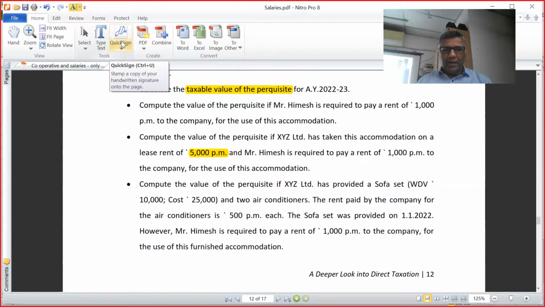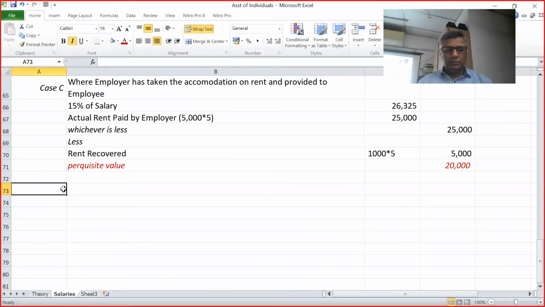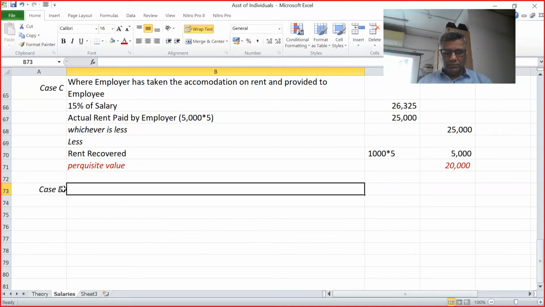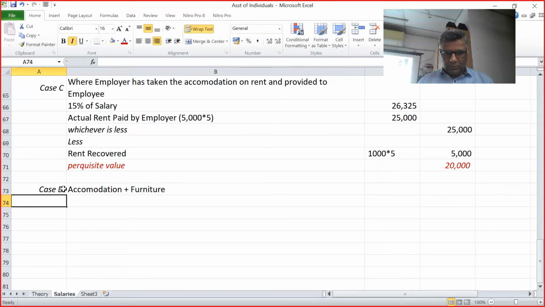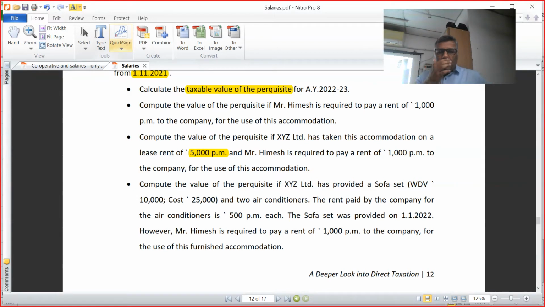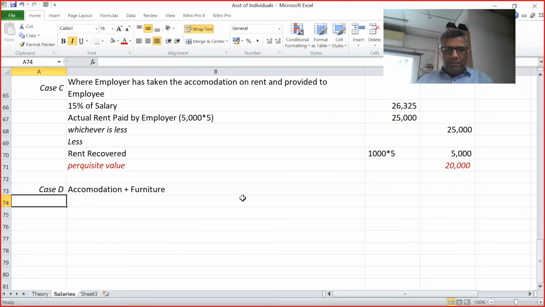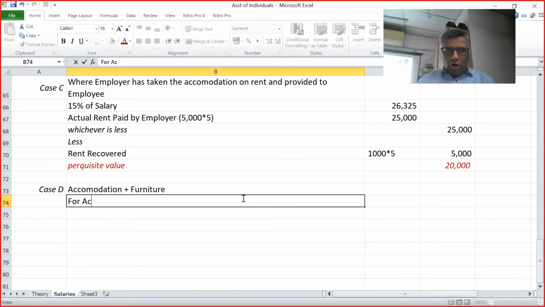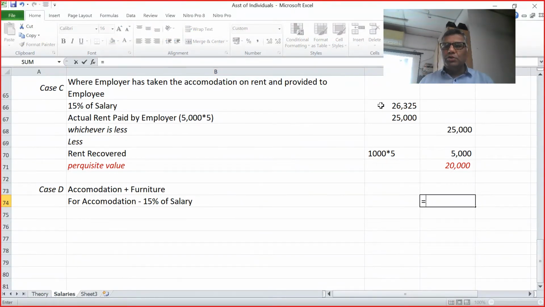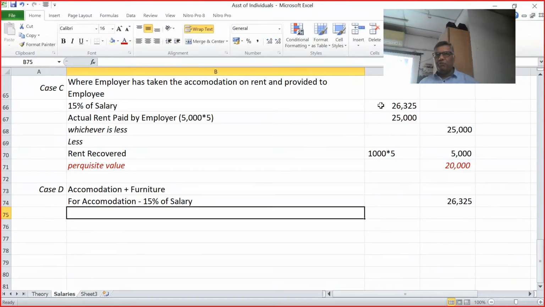Case D. Rent paid by the employer. Mr. Himesh is required to, so compute the perquisite. For accommodation, 15% of salary, which we all know comes to 26,325,